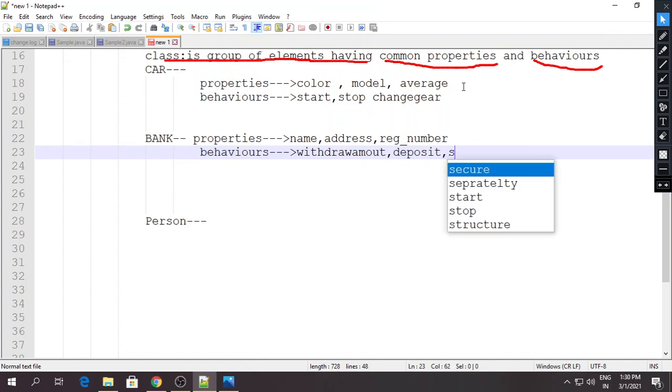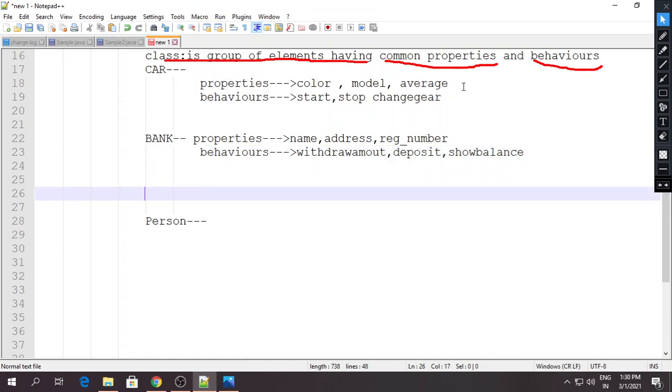Then show balance. So these are some behaviors. If you go to any bank, you can perform this kind of actions: we can withdraw the amount from the bank, we can deposit money to the bank, then we can check the balance. So these are some behavior.